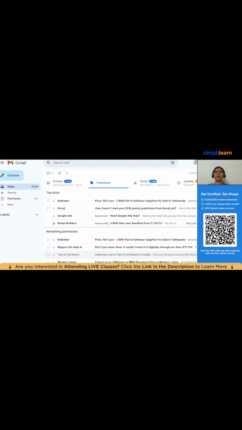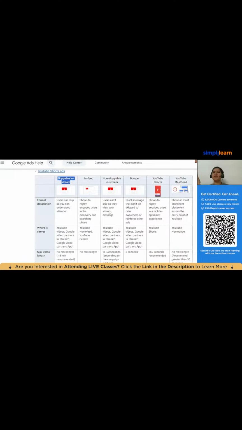Apart from this, it also appears on your YouTube feed. So on YouTube, when you're scrolling on your feed, you will have the in-feed ad as well, right? But it will be in a video format. The in-feed video would be in a video format. If instead you see an ad in a picture format like a carousel or one picture, that